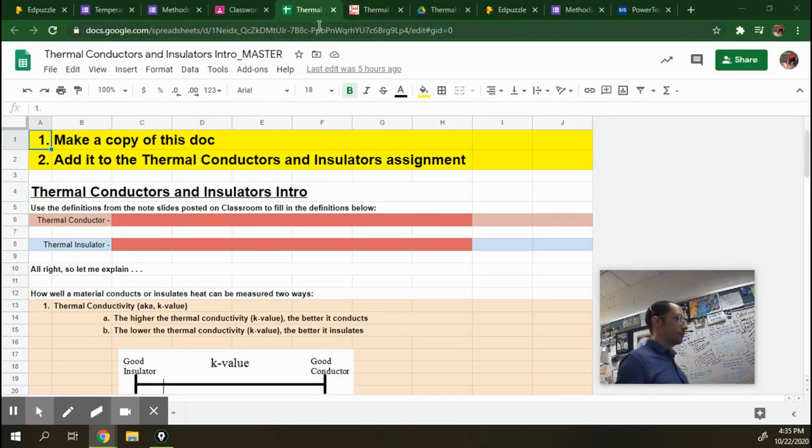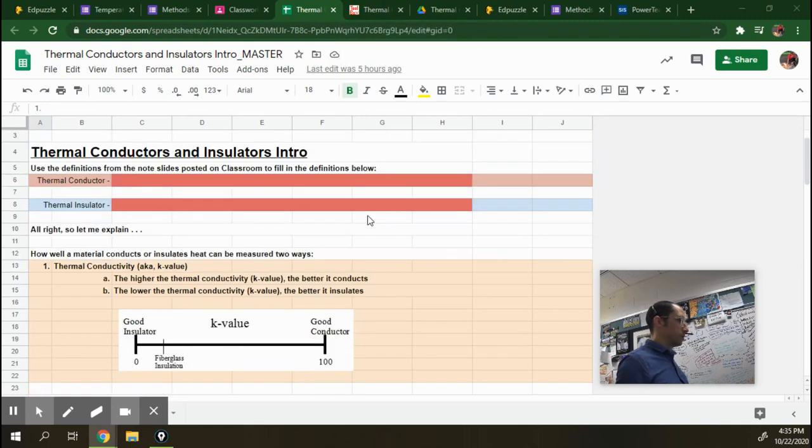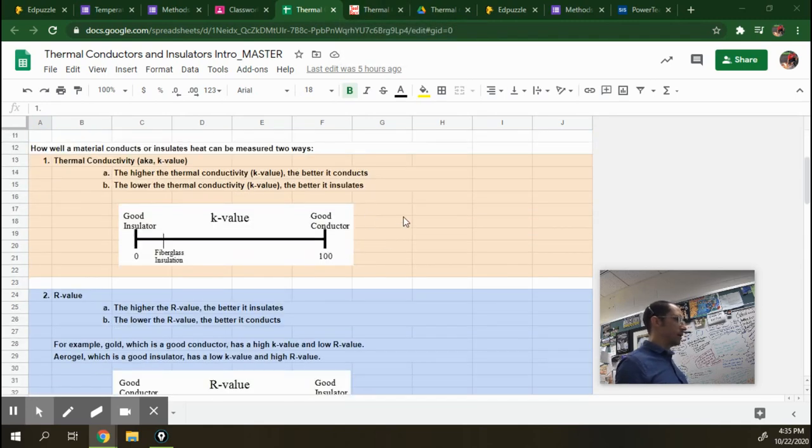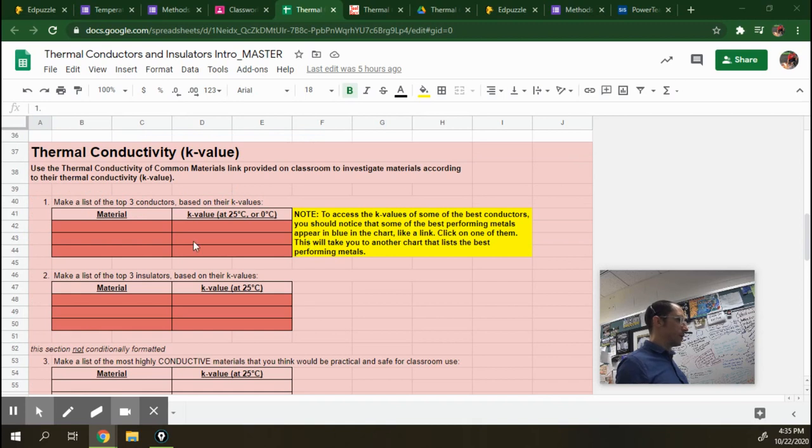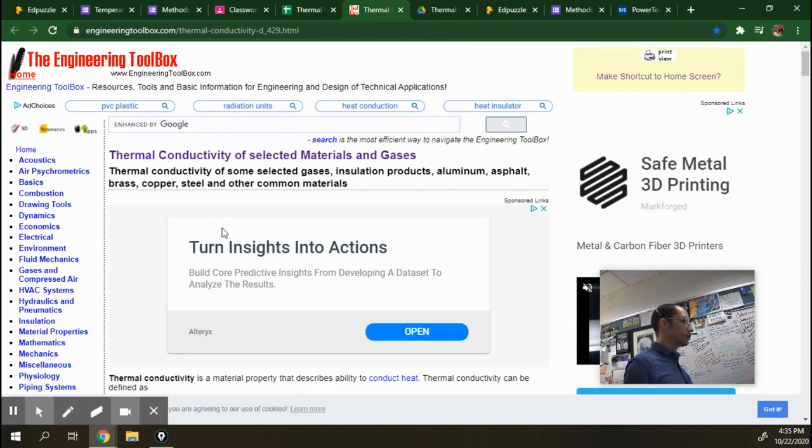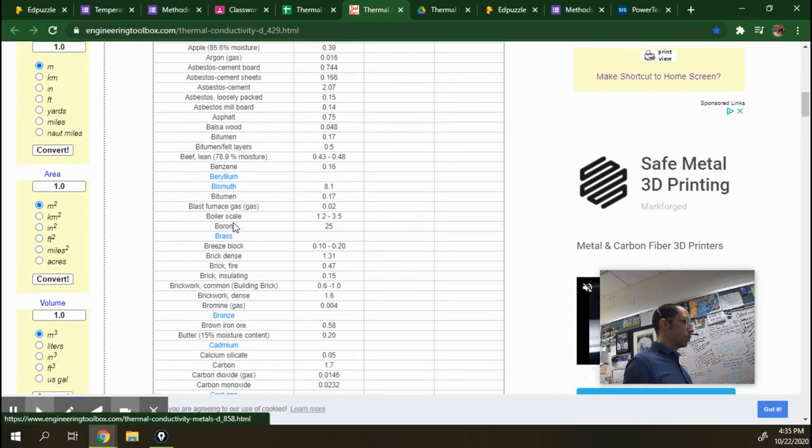How to sort. Let's thrash. All right, so you're doing thermal conductors and insulators intro. You get down here where you need to figure out what the top three conductors are, and the top three insulators based on their K values. And you go to the engineering toolbox site, and you're like, oh,